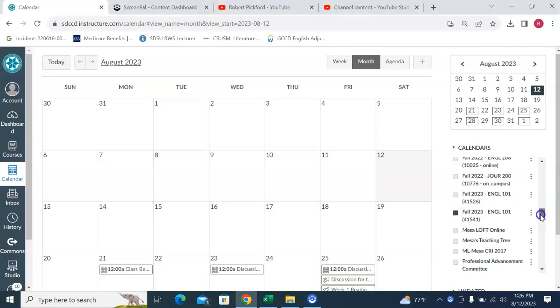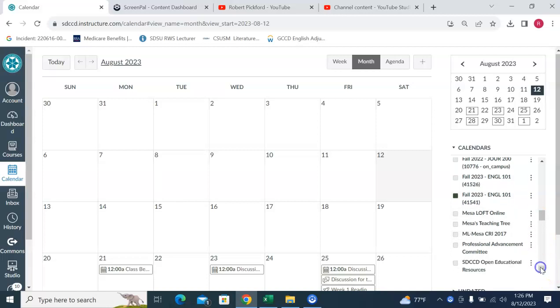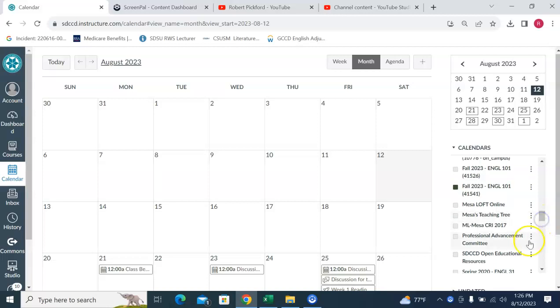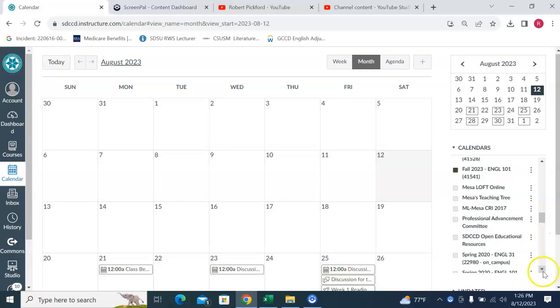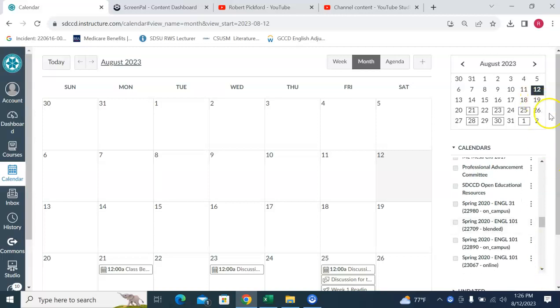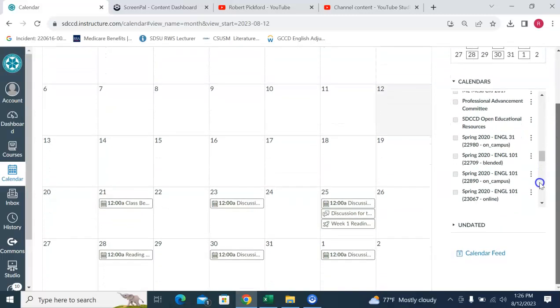The class is starting on August 21st, although feel free to look at it a few days before, since I opened the class early so you could just look it over and get a chance to navigate through it. At any rate, here's the class calendar. I thought I'd start here. And as you can see, there's kind of a layout here.